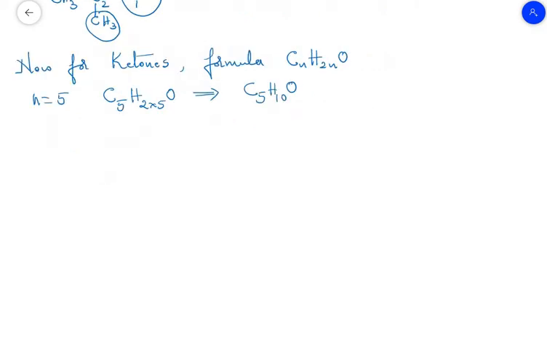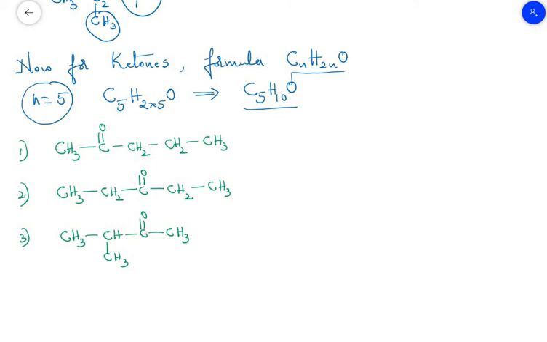So now for the ketones we are having the general formula CnH2nO, that is the same formula as aldehydes, and if n is equal to 5 we are having the formula C5H10O. Now let us write the examples for ketones. See students, a ketone functional group C double bond O is a divalent functional group. So you can see the valency here, this is 1 and this is 2. So it can never occur terminal, it can only be present between the two extremities.